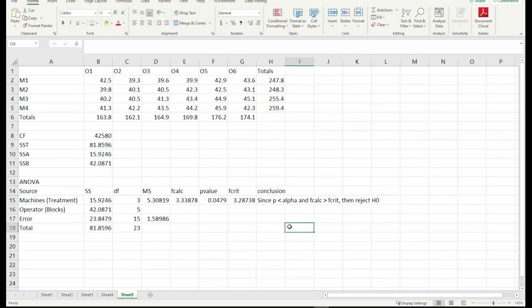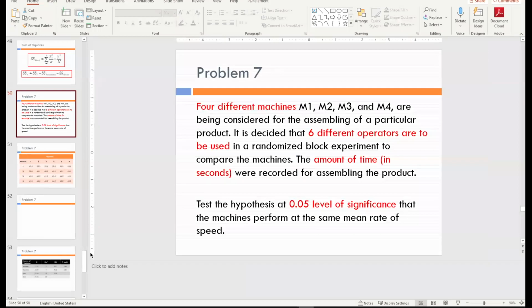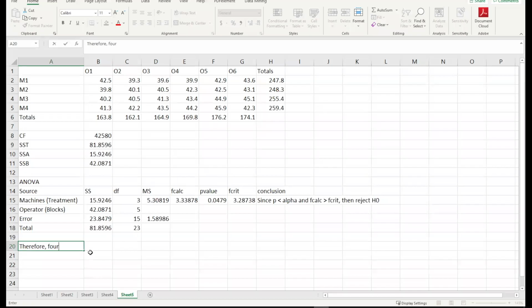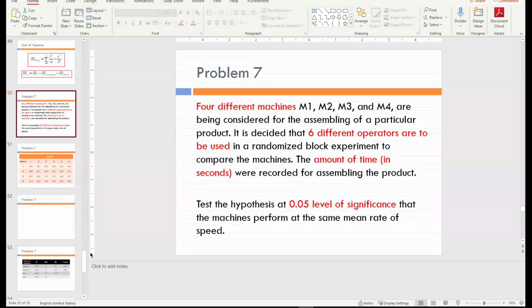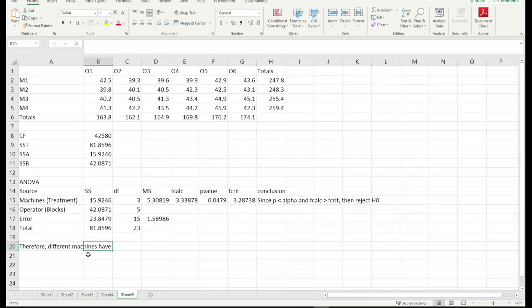Okay, so yun yung magiging conclusion natin. So pwedeng, therefore, ano nga ulit yun? The different machines have different, or bang pwede natin sabihin dito. Pwedeng, you can state this in many ways, no? Pero the simplest way you can state this is the different machines